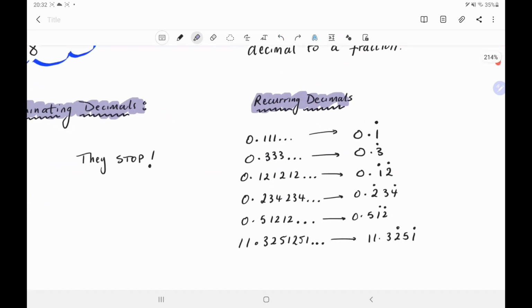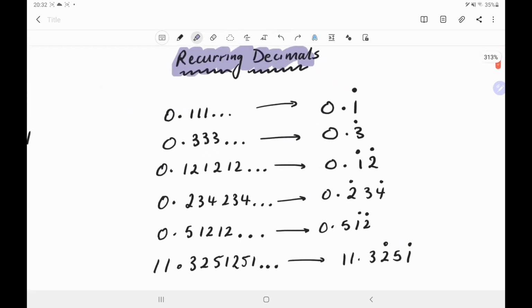So you'll notice if I just zoom in here, 0.111... suggests that the 1 repeats. But what we tend to write and what the calculator will write is 0.1 with a dot above it. Similarly here, if the 3 repeats, we put a dot above the 3. Here we have two separate digits repeating, 1, 2, 1, 2, 1, 2. So we'll write 0.12 with a dot above both digits. But be careful with the next type,